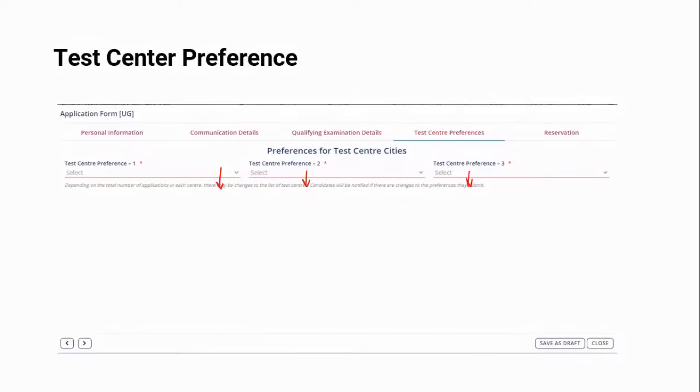Please understand, 3rd December is the exam day, which is very close to, or might be around, your pre-board examinations. So you can't be traveling too far. That is very, very important. Please understand that. Okay, and here comes the last stage of the application form, which is reservation, wherein you will have to